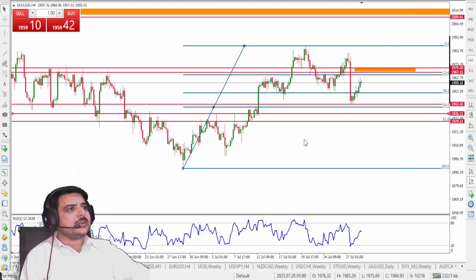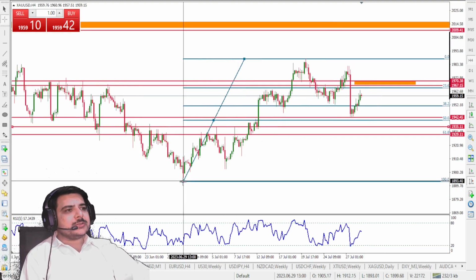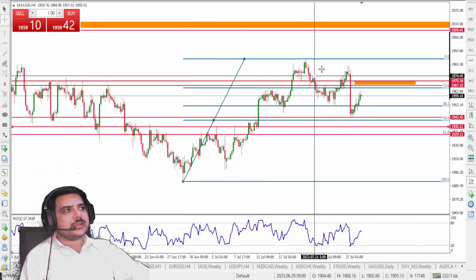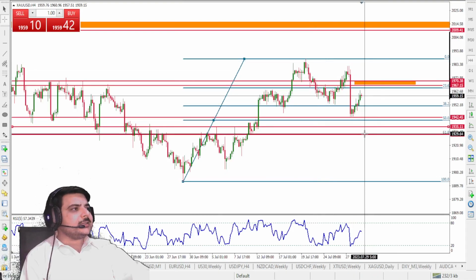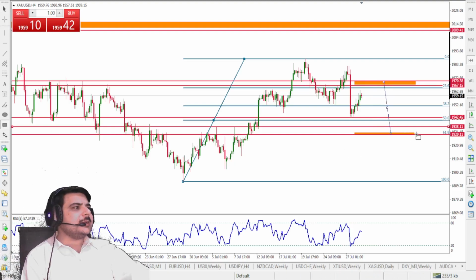It may happen because it can trap the people, because most of the traders are getting the Fibonacci, dragging it from there till there, and the 61 comes in there, 1928. This will be the master one, and the master one will be very nice for a buy opportunity right here, if we see. So in this video analysis, I clearly gave you a good sell opportunity as well, then a buy opportunity as well.